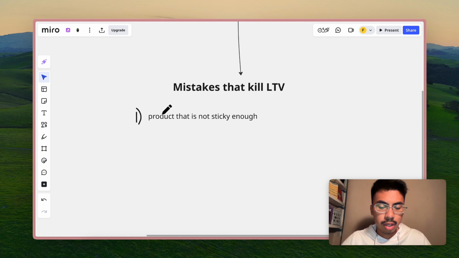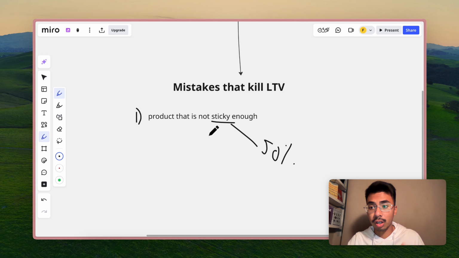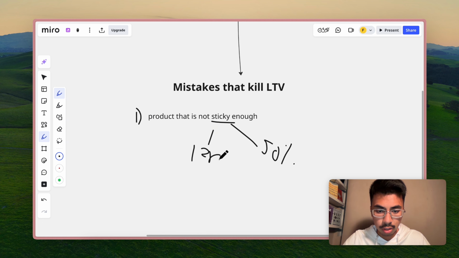This one is, like I said, quite self-explanatory, but I really just want you to understand that even the reason why people churn in the first place is due to you not having a good product. Even before you ship your product, in the distribution phase, you should be prioritizing having a good product that is sticky enough. Because to be fair, if you have a product that is sticky enough, then that does like 50% of all the hard work. Meaning to say that if you have a product that people keep coming back for more, if you have a product that is worthy enough for people to stick for 12 months, for a year plan, then you're basically doing 50% of all the hard work.